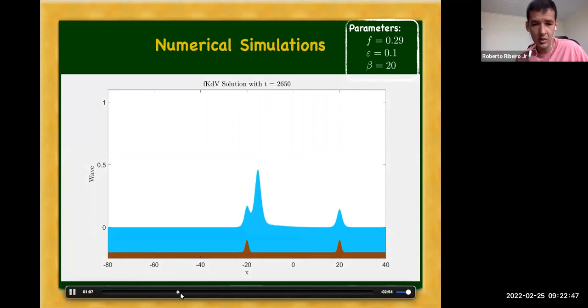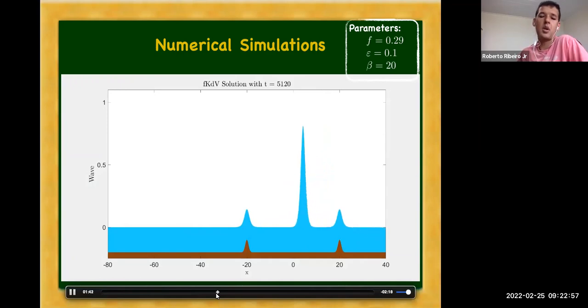So basically what you see here is that the wave is just oscillating as before, but the novelty will appear at some point here. So this wave was oscillating. Then we can see at this moment that some kind of resonant mechanism appears.